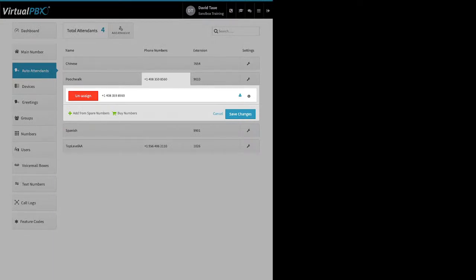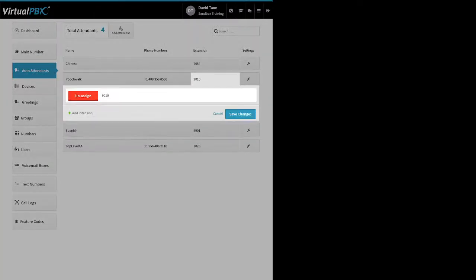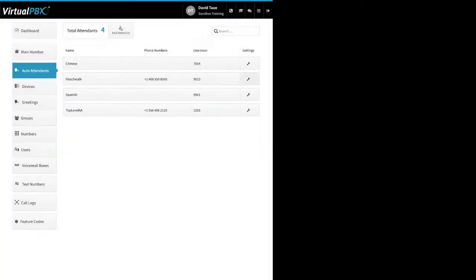Right. Attendants can have their own phone numbers. You can have multiple, right? So that's why you buy from new or add from spare. They can have multiple extension numbers if you want them to, just like anything else. And then under the wrench icon, under settings,